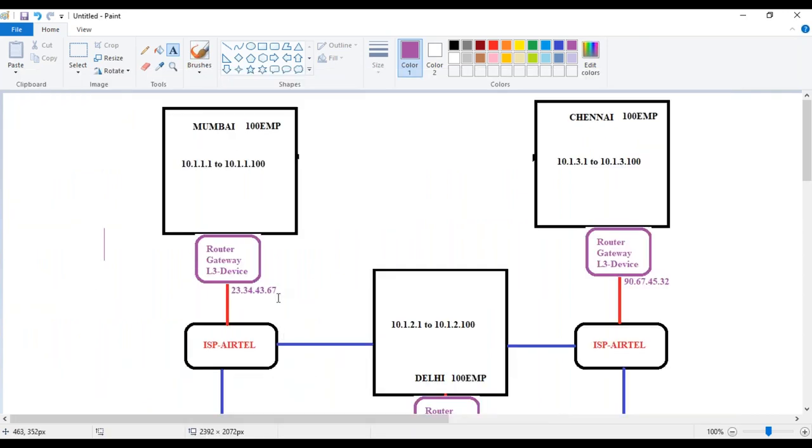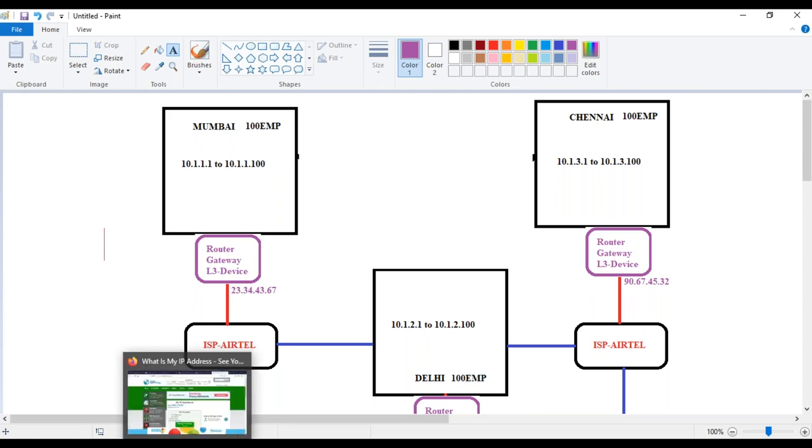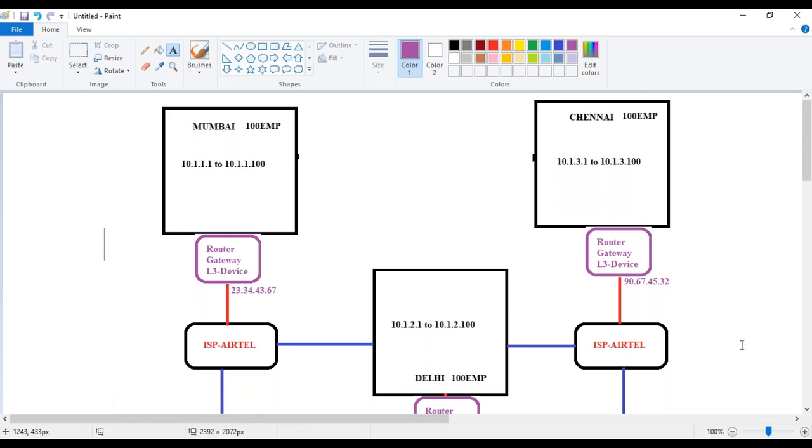If you don't have a public IP, say a laptop from the Mumbai office, which has an IP address 10.1.1.10, tries to go to google.com, the packet will go to the router or device or ISP provider. Normally it won't go further, hypothetically, I'm giving you an example, and the internet will drop that packet. Why? Because you are coming from a private address range. It is not valid on the internet.